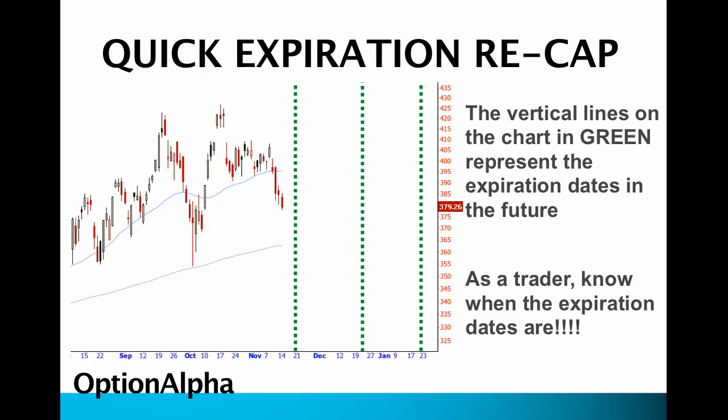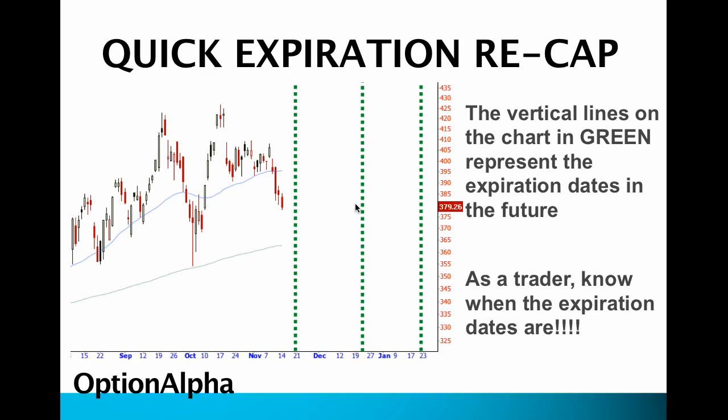We're going to do a quick review of expiration so that you understand once again just what expiration is. These vertical lines represent the expiration dates in the future for this particular stock. So these are really make it or break it points, right? These are points where the stock is either going to be above your strike or below your strike, wherever you want it to be. And you're going to decide whether you want to get rid of the option and sell it back to the market or buy it back from the market, or if you want to actually go through the actual expiration and exercising process, in which case you would go into one of the two categories,